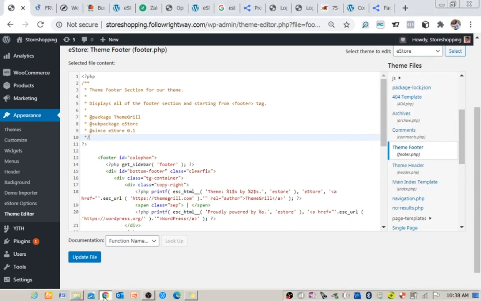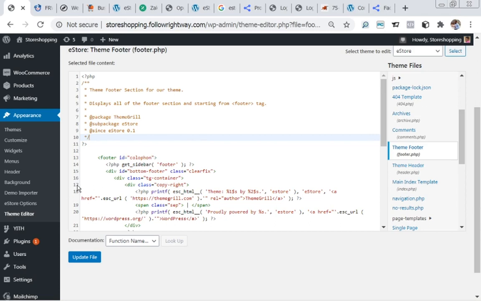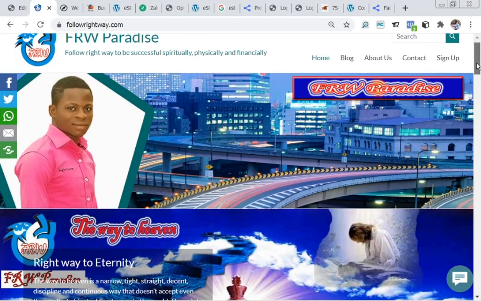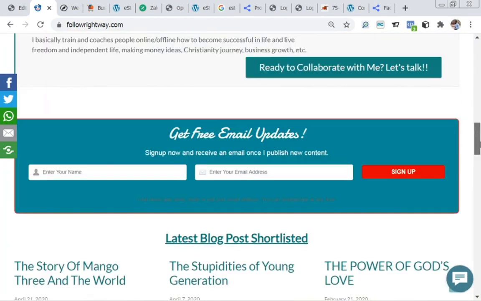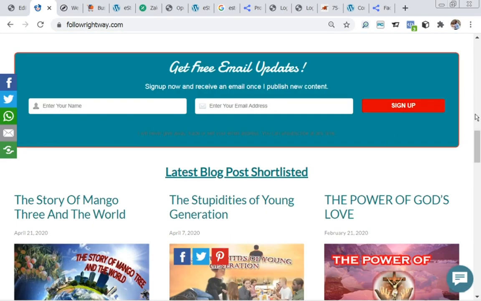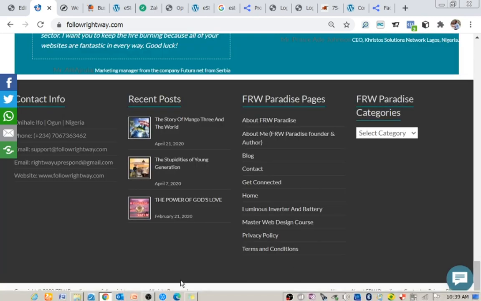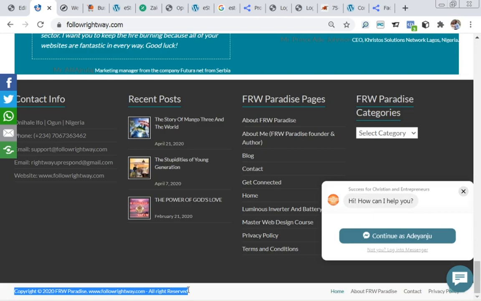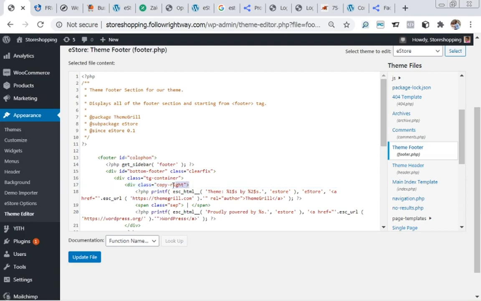Okay, good. So great. Now this section 17, we are going to change it with our own copyright content. Okay, so this section 19, we are going to delete it completely. I'll be showing you one after the other. So let's go and copy. Let's say this is my website, and I want to use my own copyright content like this. So let me copy this and paste it here in the